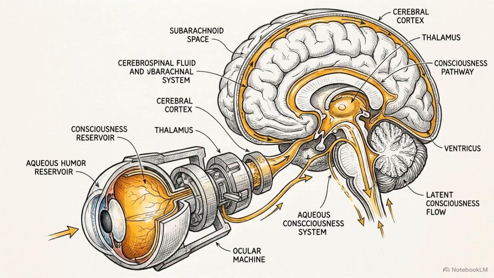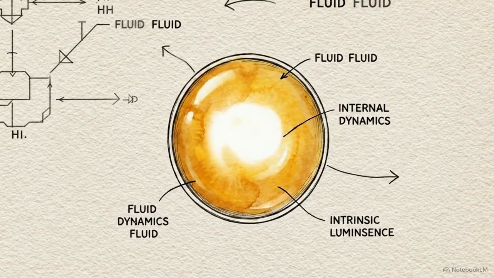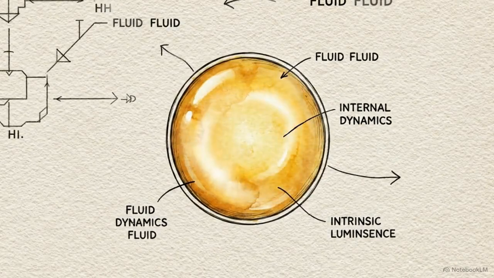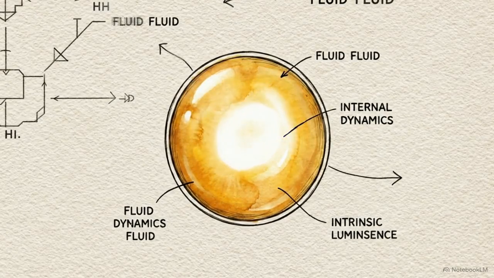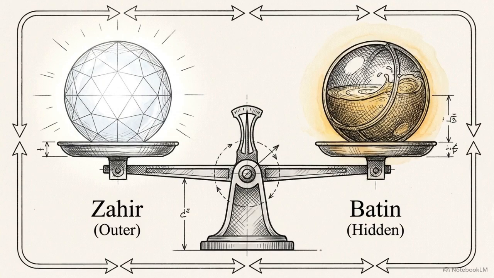This oil maps to the intrinsic, latent consciousness contained within the system's fluids. This is a symmetry-protected topological phase. The fluid maintains a self-luminous condition where information is fully formed and coherent, but remains in a dormant state. This is the second 2 operator, the batin. It is the hidden, unignited imaginal field that balances the visible outer sphere.